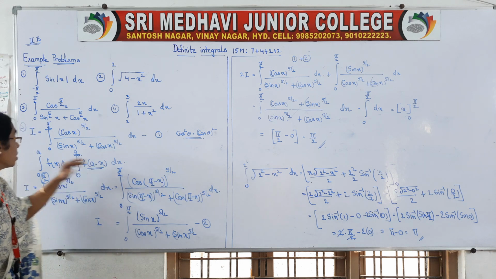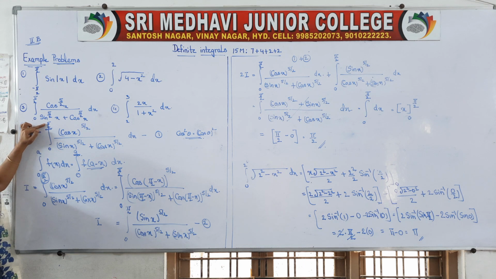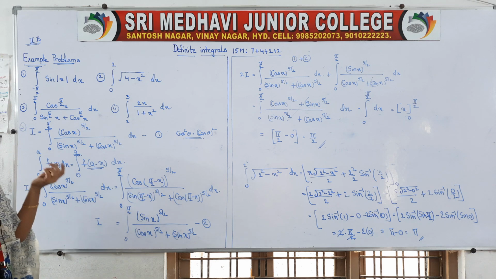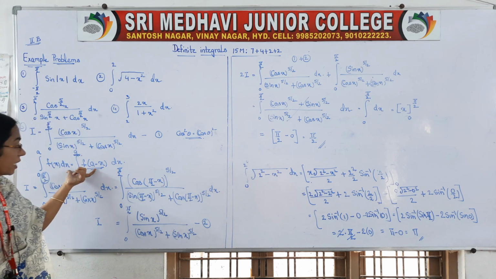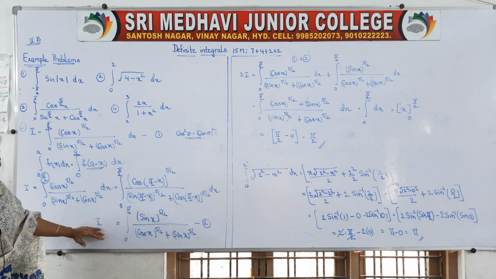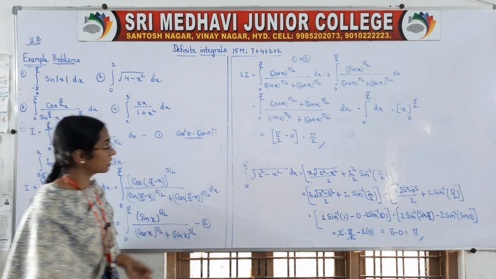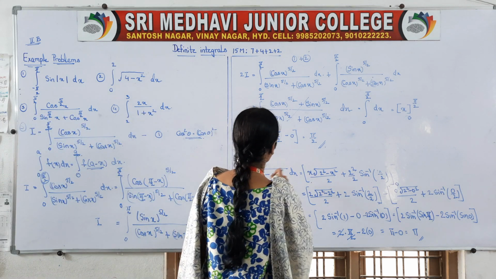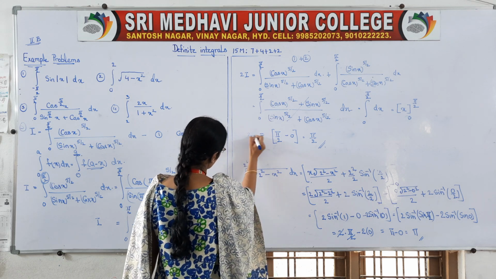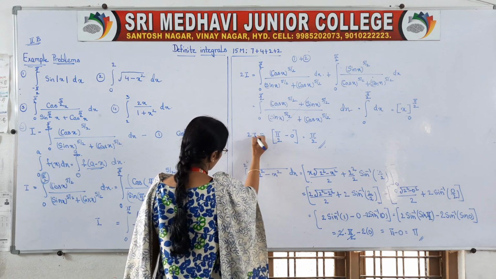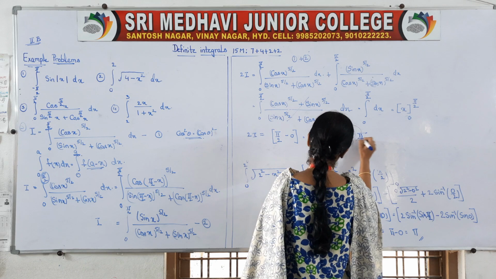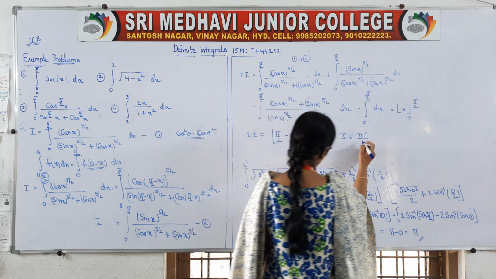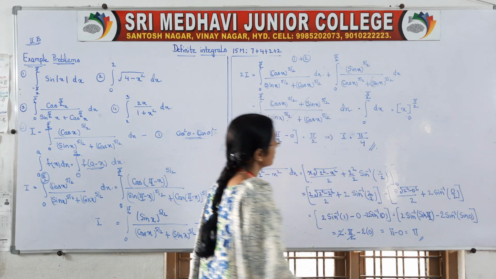Okay, so here in this problem 0 to pi by 2 is there. In a place, pi by 2 is there. So in x place, we have to take pi by 2 minus x in the function. By applying this formula, we got another I. Add these two I, right? So this is our 2I, okay? So now 2I is equal to pi by 2. So I is equal to pi by 2 divided by 2, pi by 4. That is the answer.